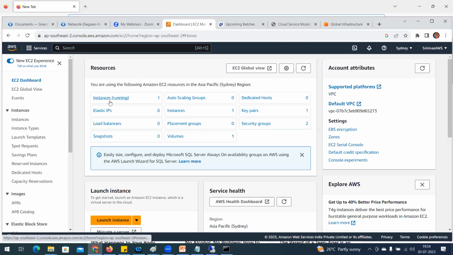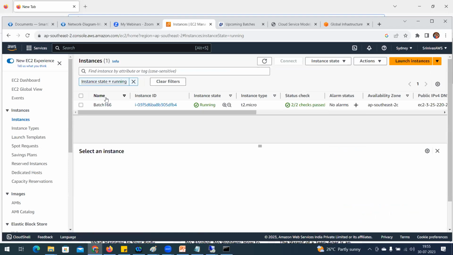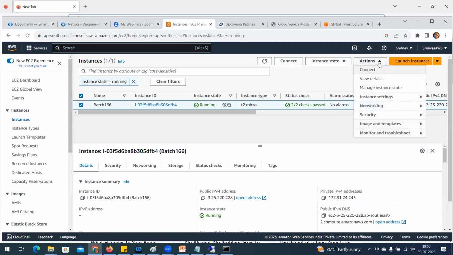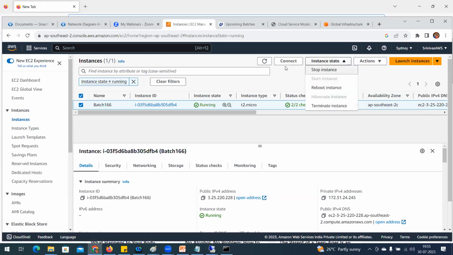Whatever instance you create, this is very important: once your practice is done, select the instance, click on Actions, and terminate the instance.